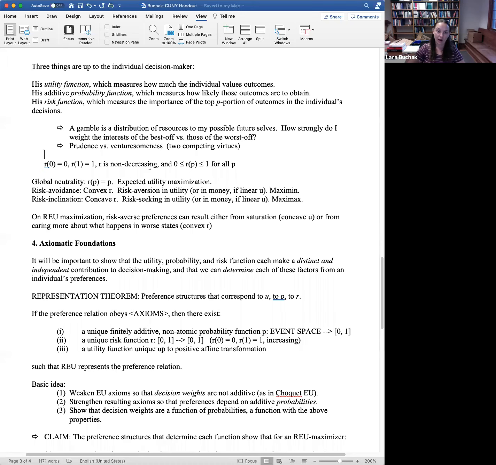Okay, so we've solved the problem of being able to say what's different about these two coffee drinkers, and it'll be easy to see that we can also capture the Allais preferences. All you need is a convex risk function, and there are some limits on what the utility function can be, but they're pretty wide. So the idea is that people who have the Allais preference have them because they care less about what happens in the best states than they care about what happens in the worst states. Okay, so this is the basic motivation for the theory.